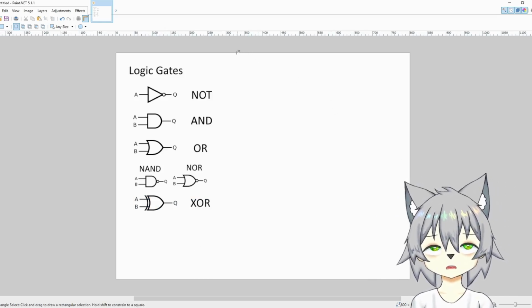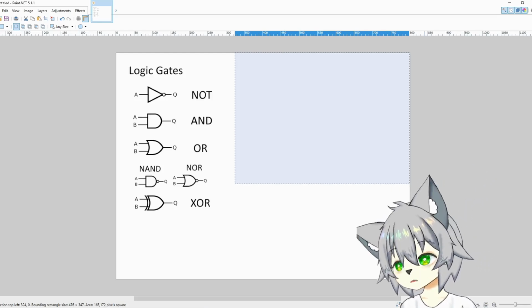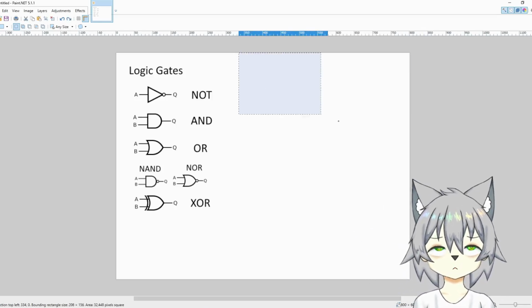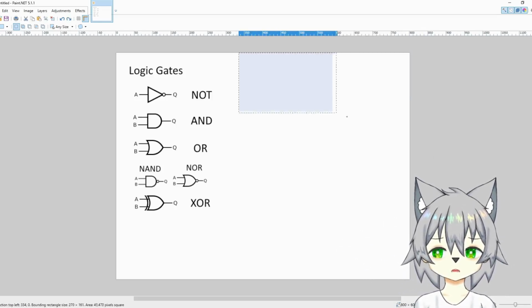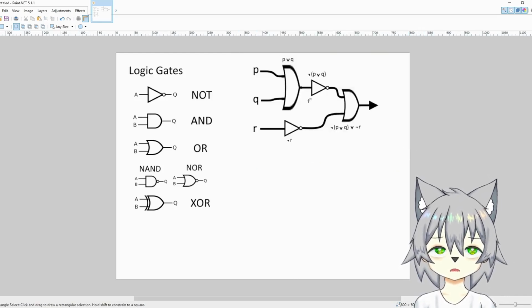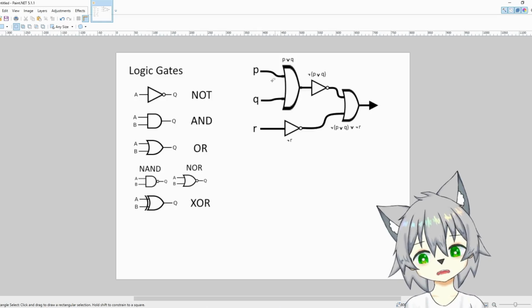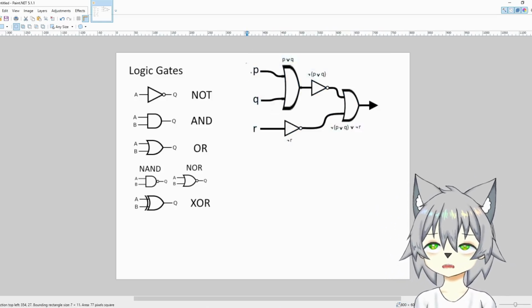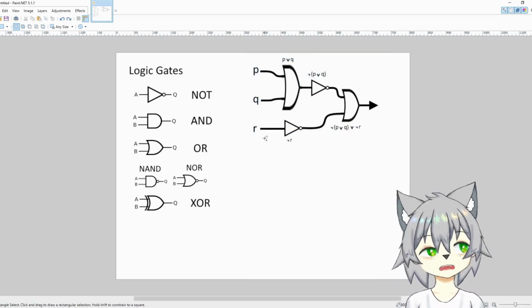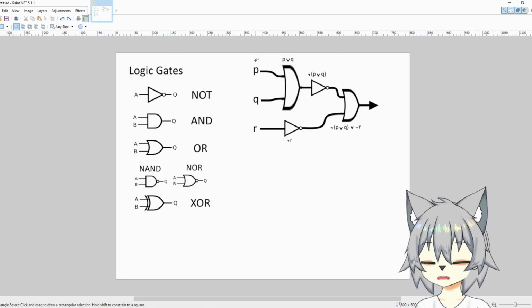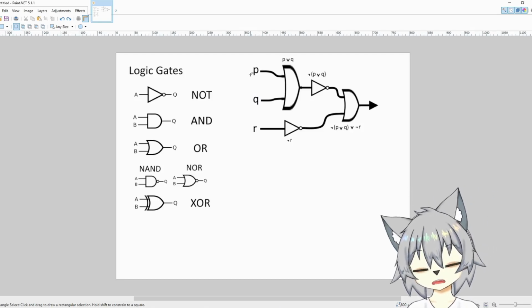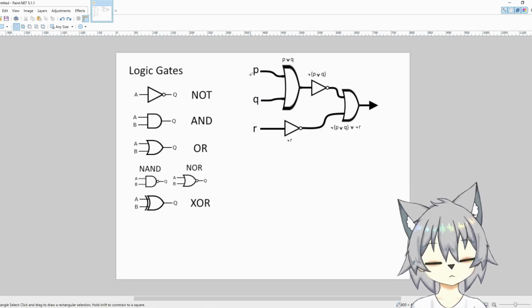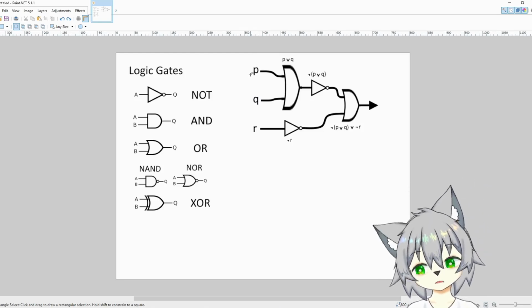And let's go ahead and reveal the second part of our lesson. The second part is the usual circuit diagram. As you can see here, we have three inputs, which we have assigned these variables here. And given any of the truth values for this,